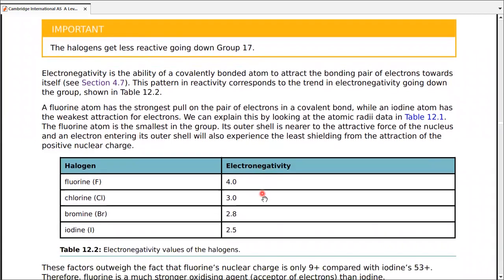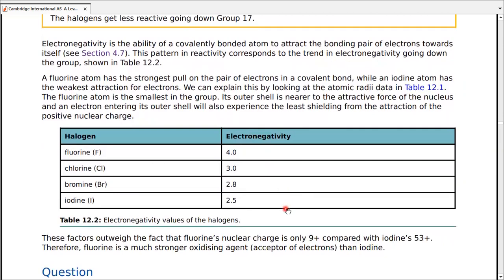Now, talking about another ability that they show is electronegativity. Electronegativity is actually the ability of a covalently bonded atom, which has already bonded covalently, to attract the shared pair or the bonding pair of electrons towards itself. Now, this pattern in reactivity corresponds to the trend in electronegativity down the group. So we see that the fluorine atom has the strongest pull on the pair of electrons, and that is because